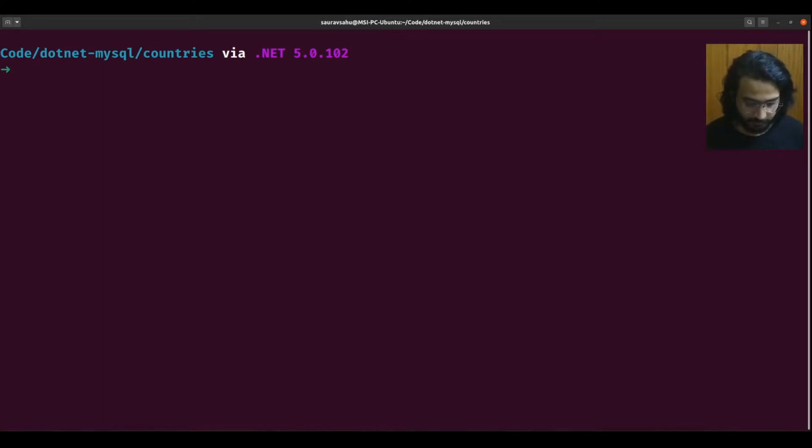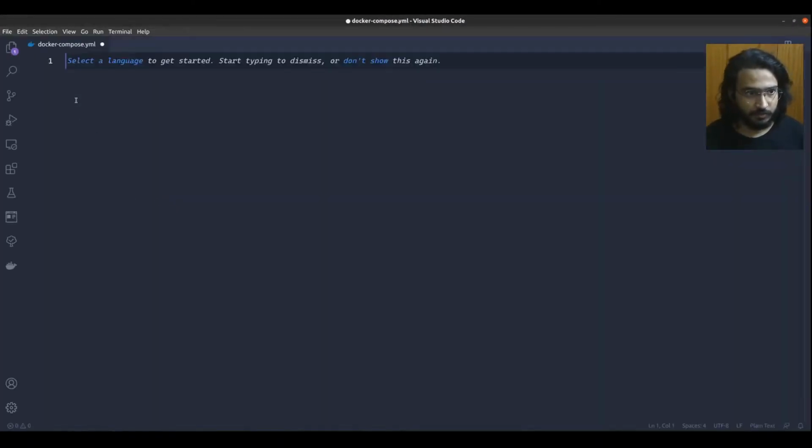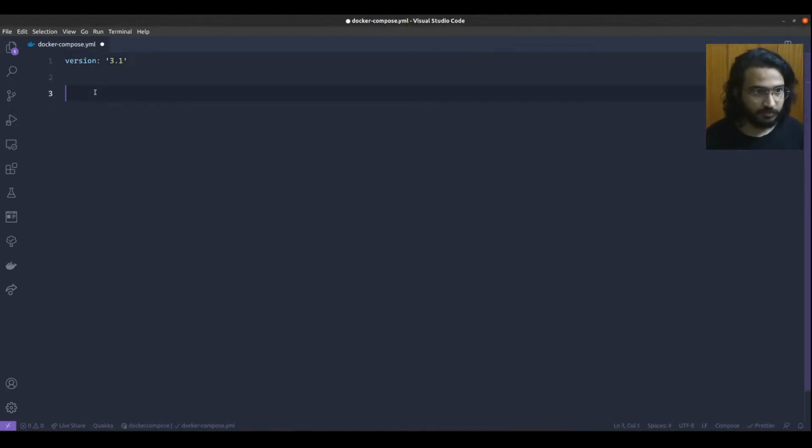For that, we need a MySQL server first. If you have MySQL installed, that's great, you can do it that way, but I am going to do it through Docker Compose. So I'm just going to write the Docker Compose file real quick. This is going to be countries,